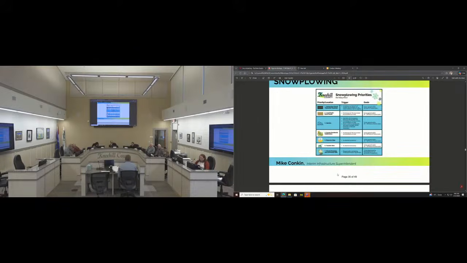We do send them out very often. We try to make sure our roads are in the best condition possible for all people traveling on them. Our second priority would be local roads and gravel roads. Our trigger currently is a minimum of 10 centimeters or more of accumulation on the road, to be opened within 24 to 120 hours. So that's one day to 5 days. Currently we have that 5-day allotment.